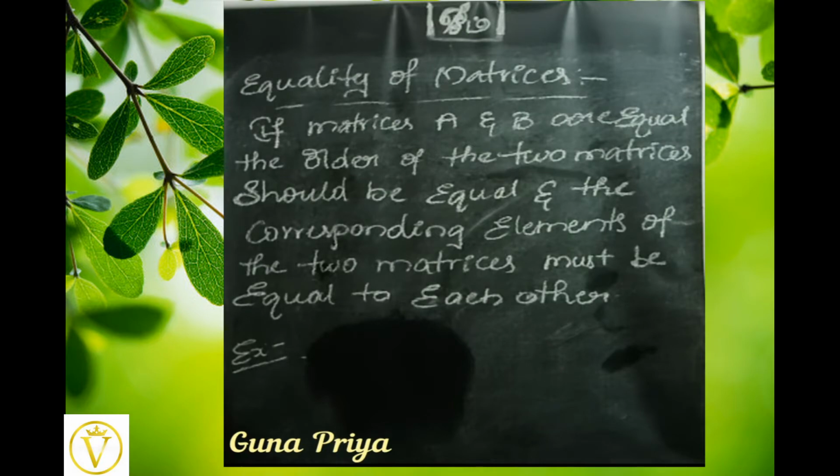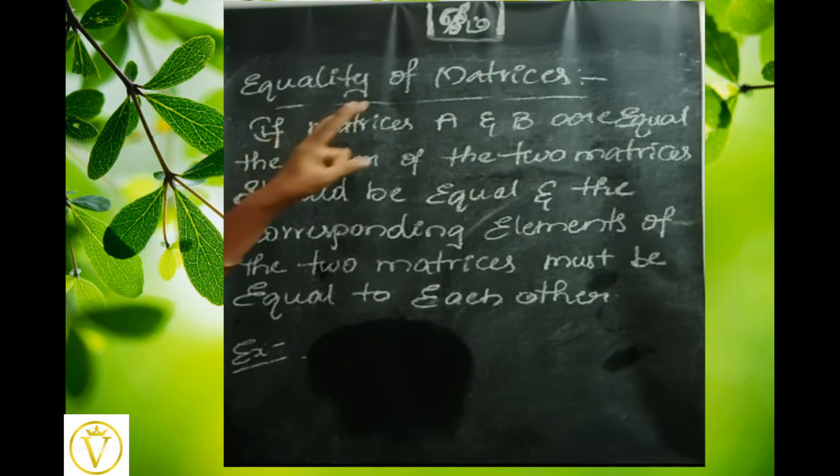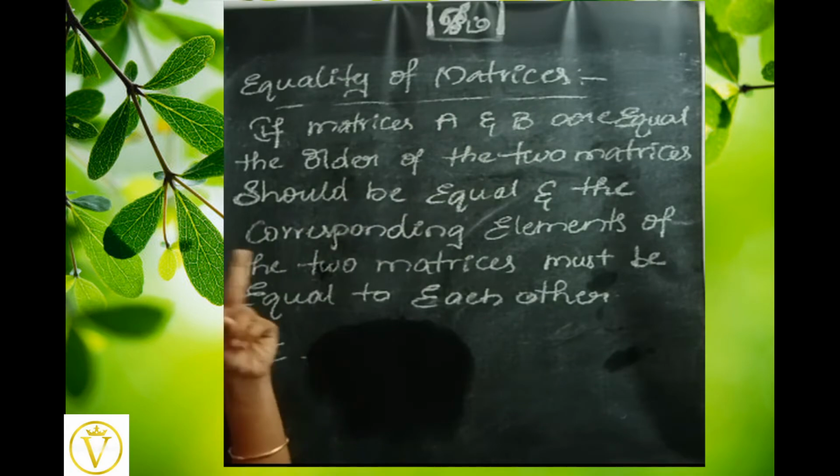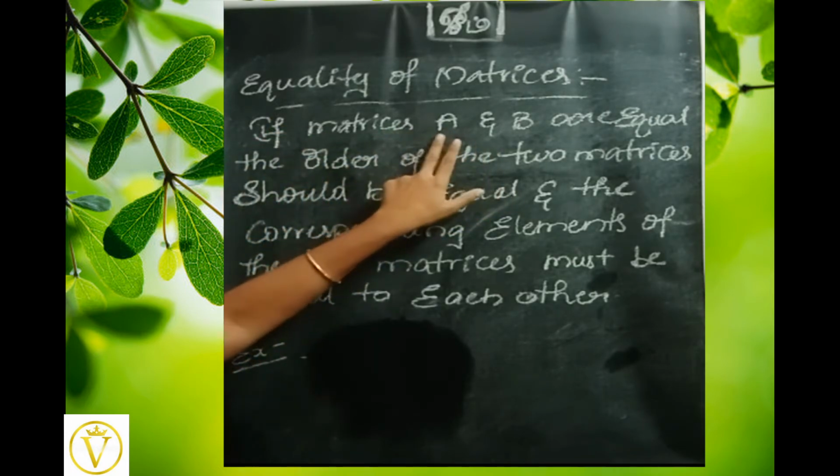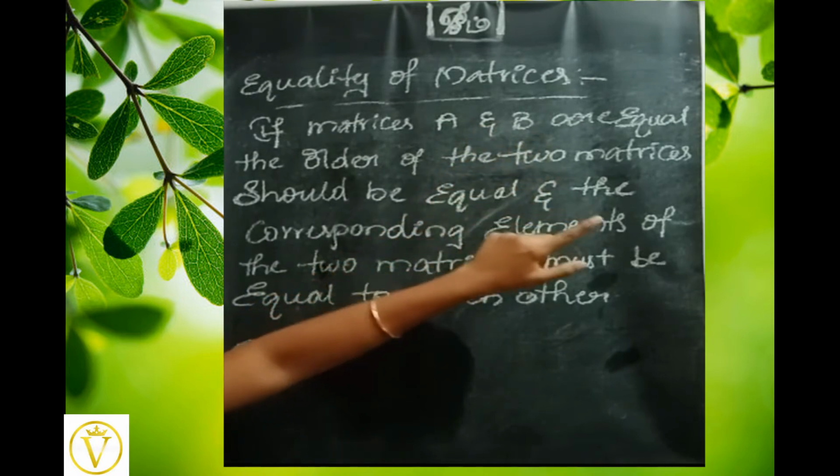This is Gunapriya. In the previous section we learned some basic definitions of matrices. Now we'll go for some deeper definitions of matrices. First, equality of matrices. Matrices have one or two entries. If two matrices A and B are taken, they are equal if